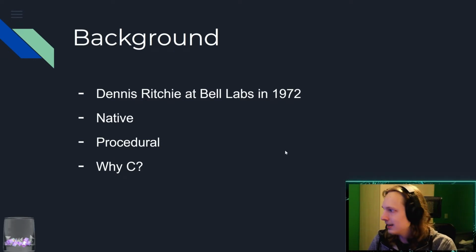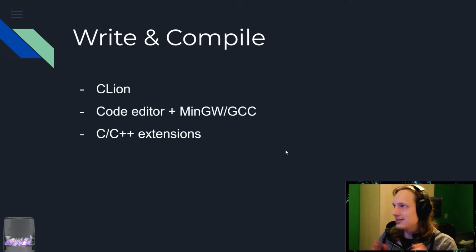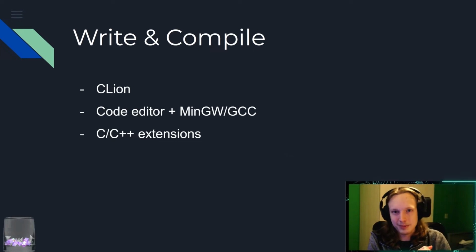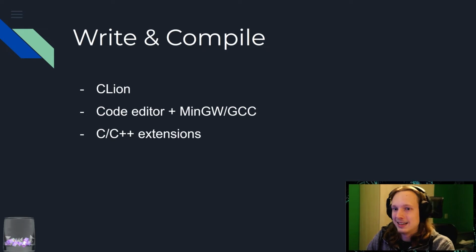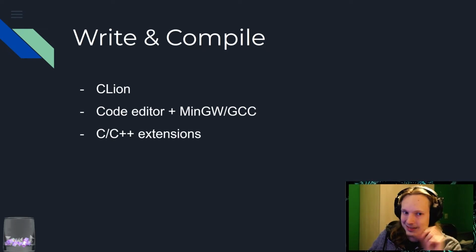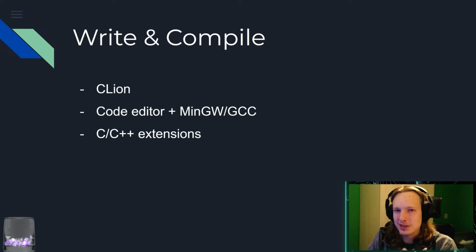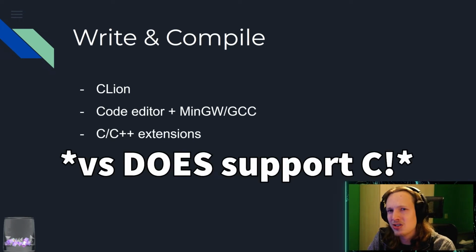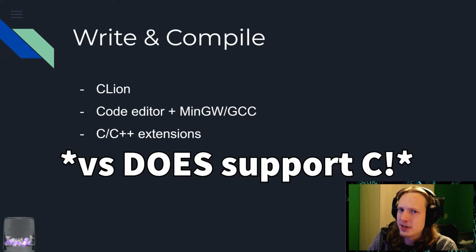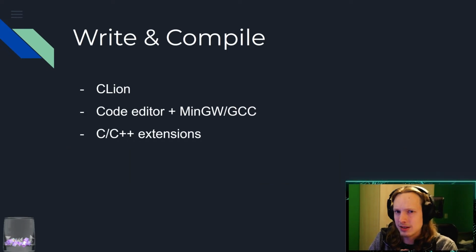All right. With that out of the way, we can actually get to talking about some more interesting stuff, some actual coding stuff. So how do we write and how do we compile C? Well, there's one little unfortunate thing, and that is that Visual Studio right now, and we kind of found that out last week, because I really thought that Visual Studio did, but Visual Studio doesn't actually support C, at least not at the moment. So you can write C++ in Visual Studio, and you can basically just pretend that you're writing C, that's fine. But actual, pure C, you can't do that in Visual Studio right now.